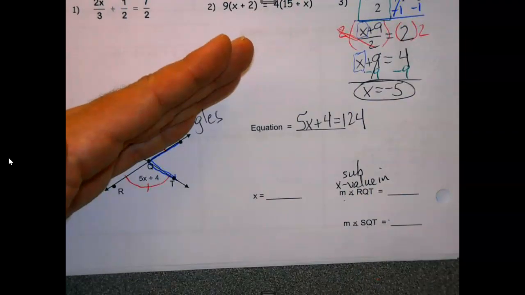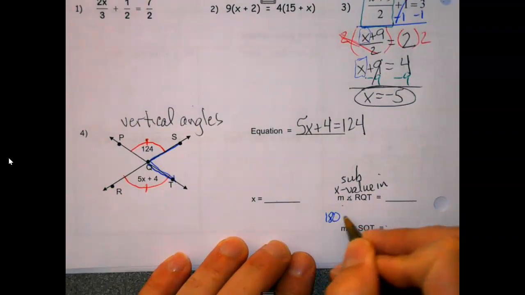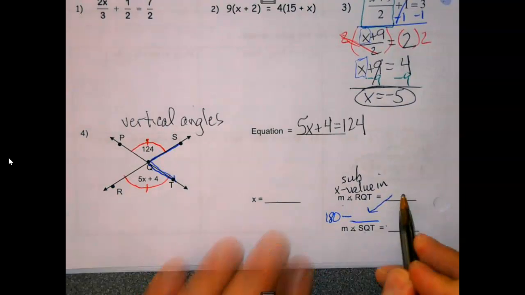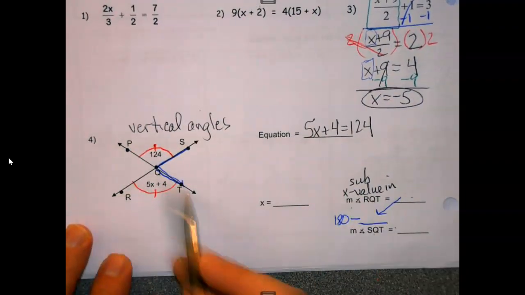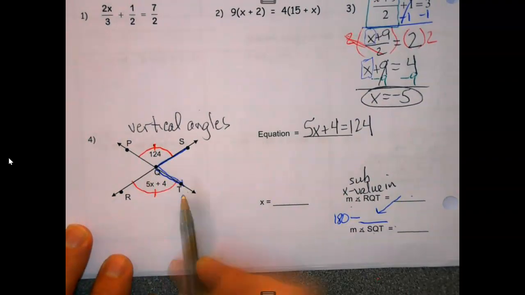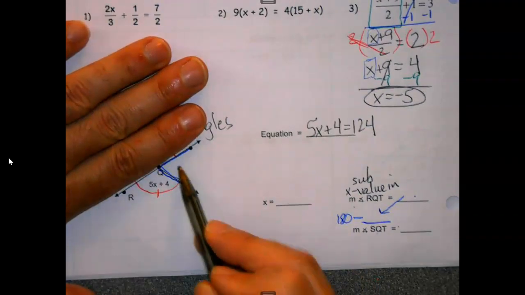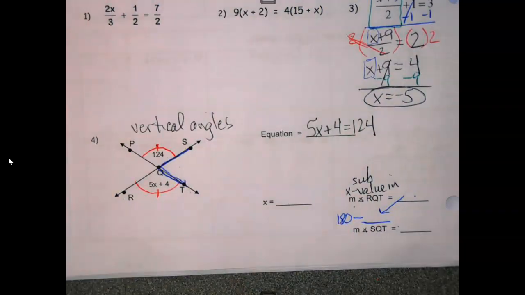So here, we're going to do 180 minus whatever answer we get for our QT. Because if I know what this angle is, and I know the whole thing here is 180, because it's a straight angle, that's what my mystery value is going to be right there. So as always,